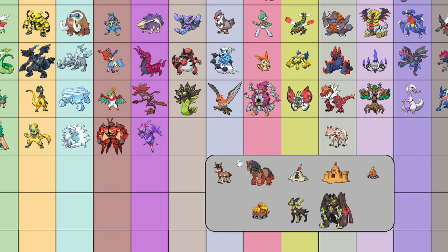Okay, moving into ground. Ground is hard to pick between Mudsdale and Palossand, because they both do their roles pretty moderately well, but Palossand's Water Compaction ends up making it more viable than Mudsdale's Stamina. In fact, both of these Pokemon are pretty comparable. They both fill very similar roles. It's just that this one is a ghost type and can proc its weakness policy whenever it activates its ability,